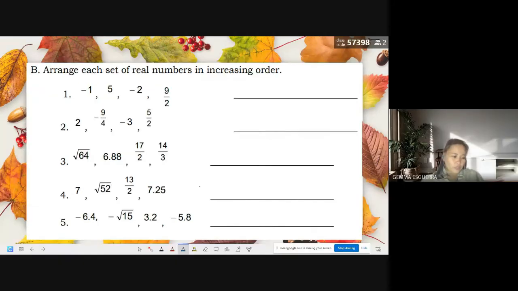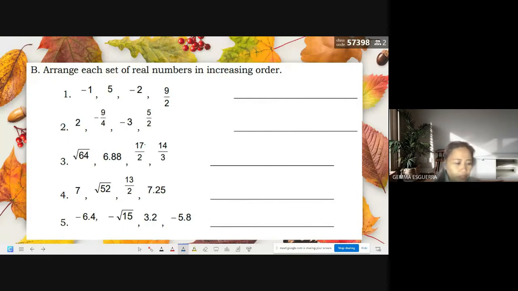Further. So, paunahan na lang, mag-chat kayo dun sa GC. Dito sa chat pala. Sa chat, tingnan natin. Sagot na lang. Paunahan po tayo ng sagot para mabilis na po tayo. Sige, paano po yung arrangement ng negative 1, 5, negative 2, 9 over 2? So, marirecord naman dyan, makakakuha ng tamang sagot. We'll have, syempre, additional sa performance.